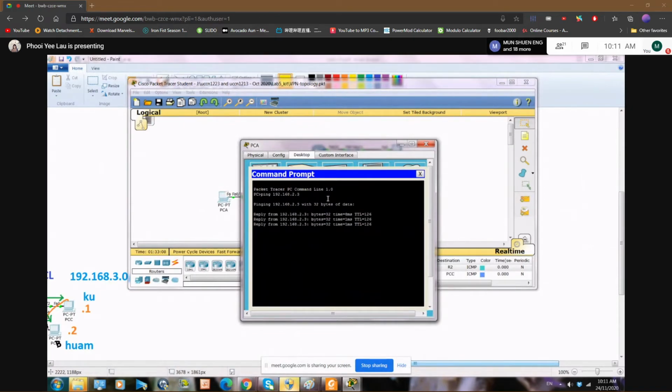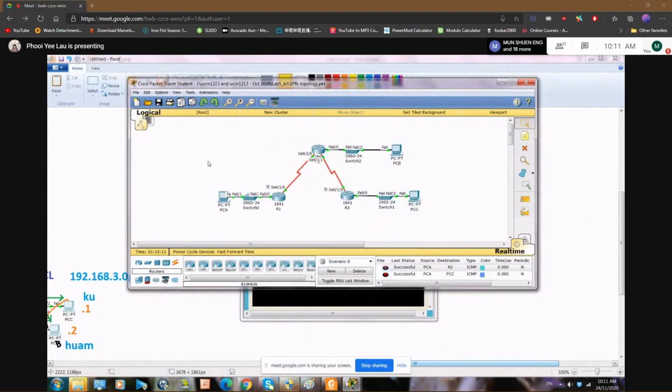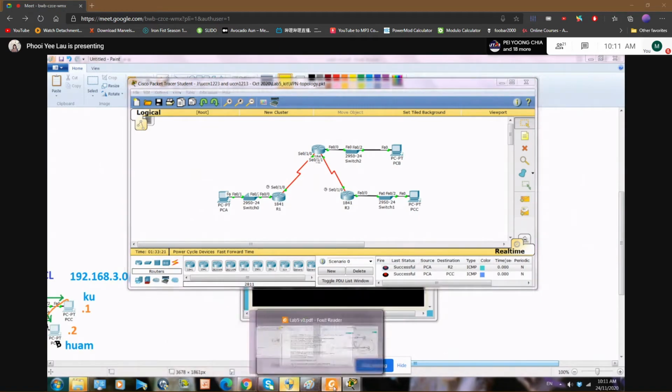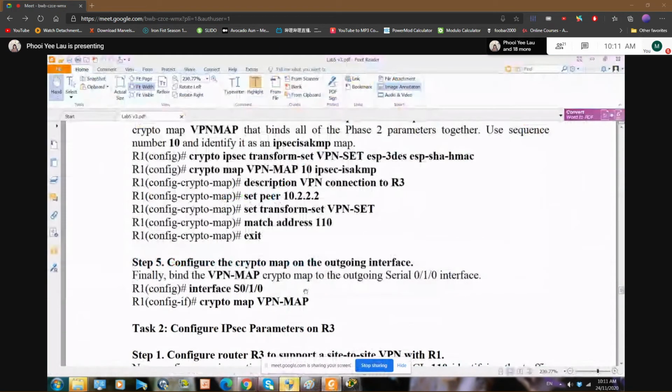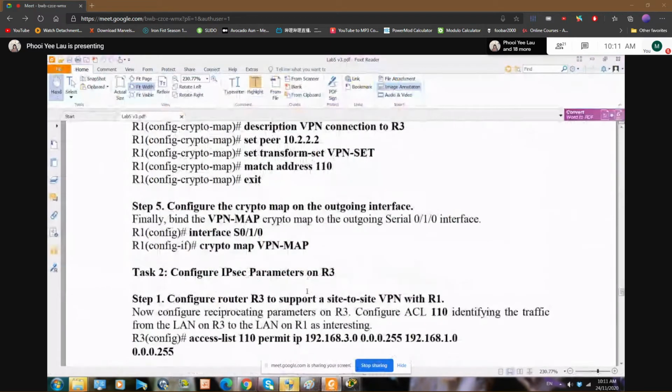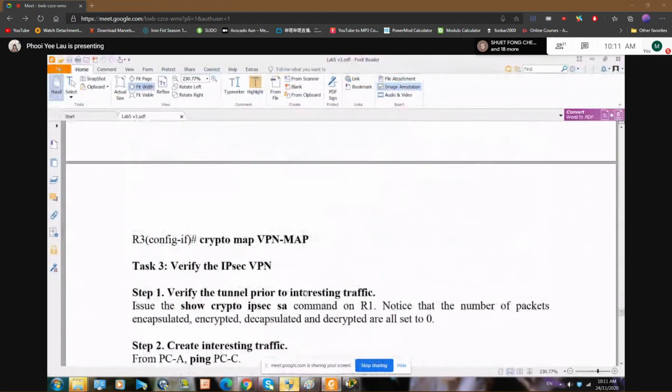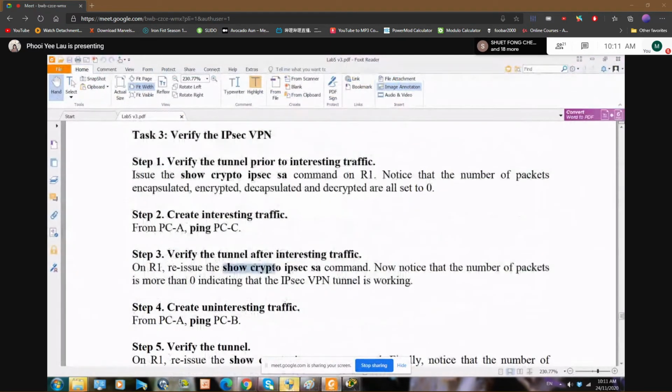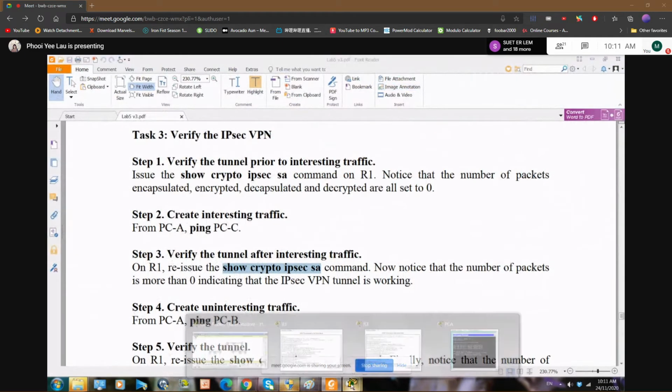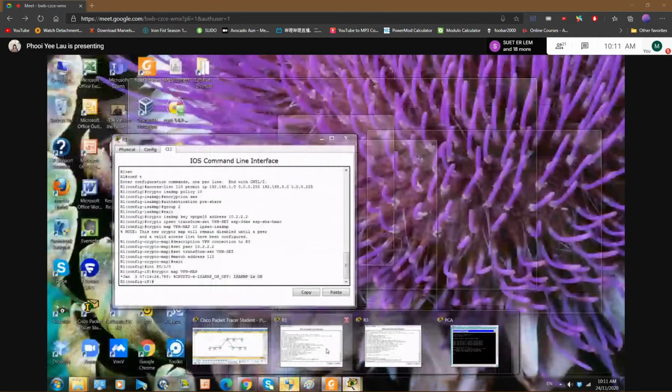Right? No problem. I ping. And did I use any IPsec? Did I encrypt any packet? I can check by typing a command, show crypto IPsec SA. So if you go to R1,